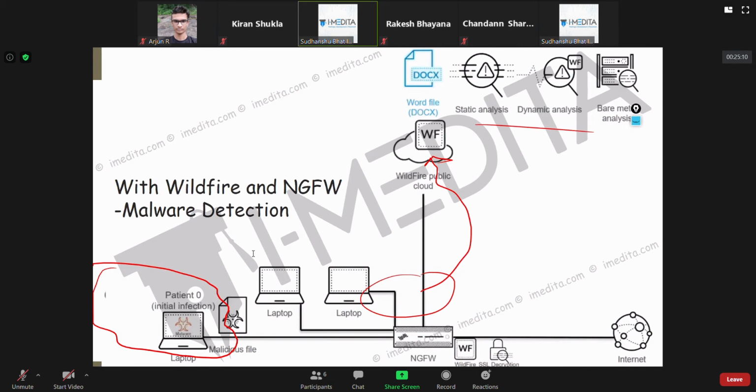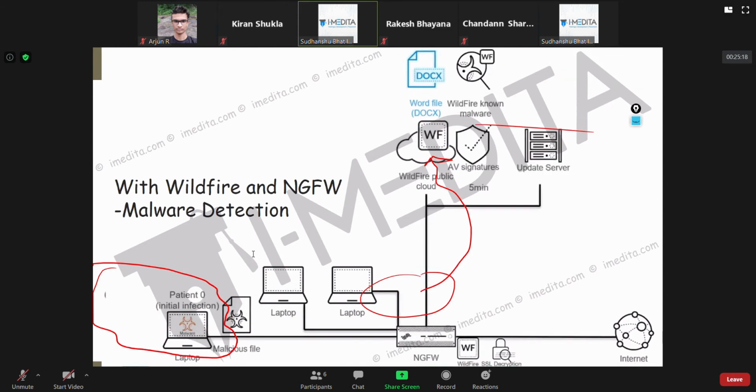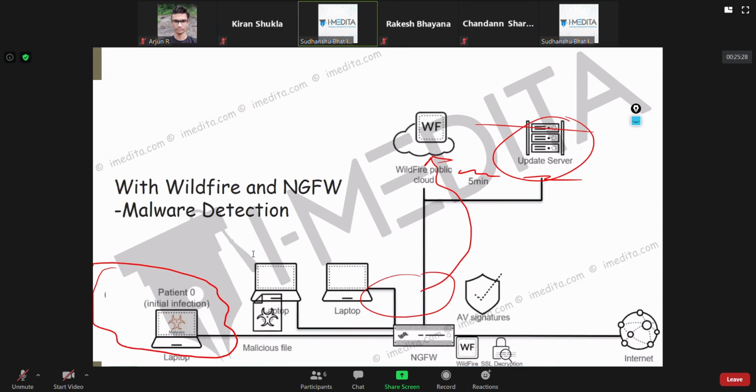Once it finds a verdict, like this was a malware, it will generate signatures for that and send them to update servers, from where the firewall can download the WildFire antivirus signature updates every 5 minutes.